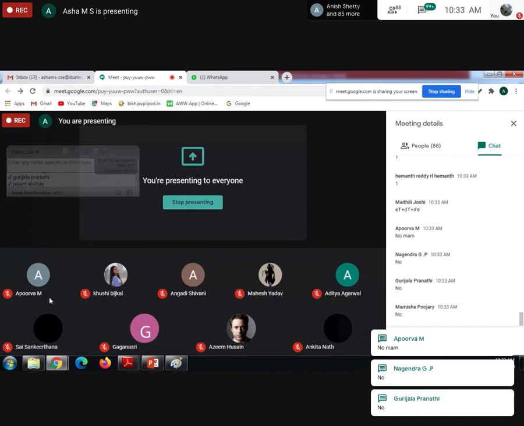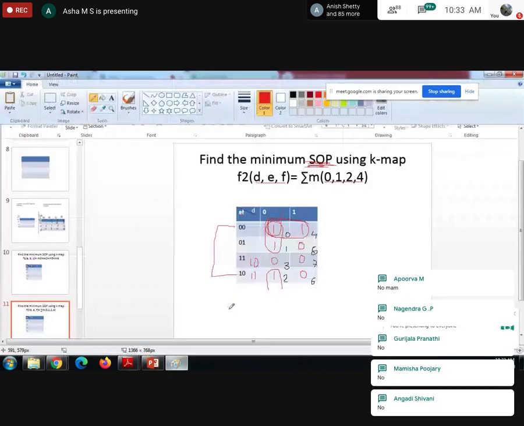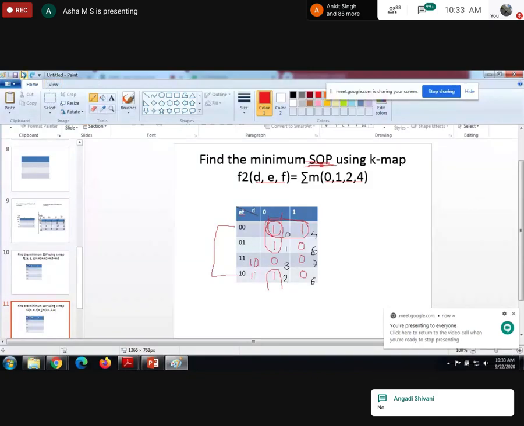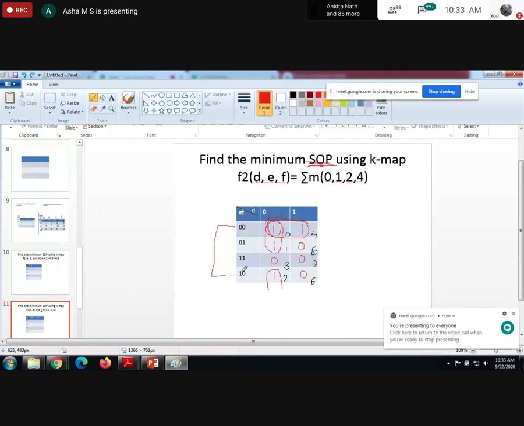No, because 2 bits are differing. That's the reason we are writing the K-map in this way. Hope everyone is clear right now why we exchange these two. When you are folding this and this, if I write 1 1 here, 2 bits will differ. I don't want 2 bits to differ. I want exactly 1 bit to differ. That's the reason we have interchanged.